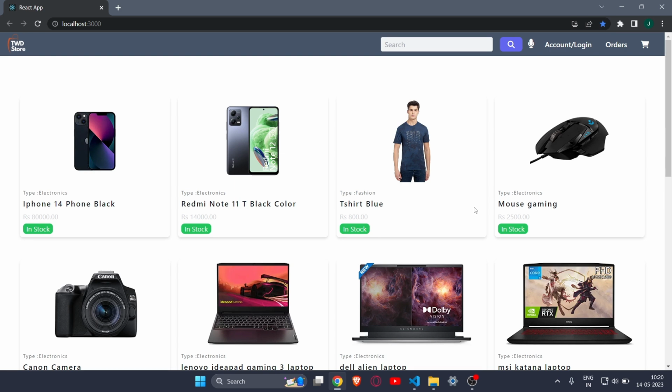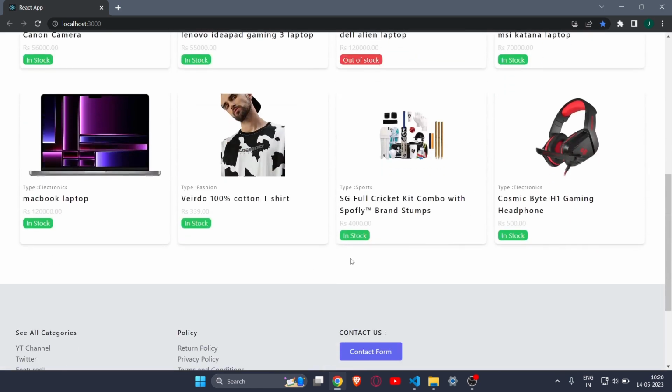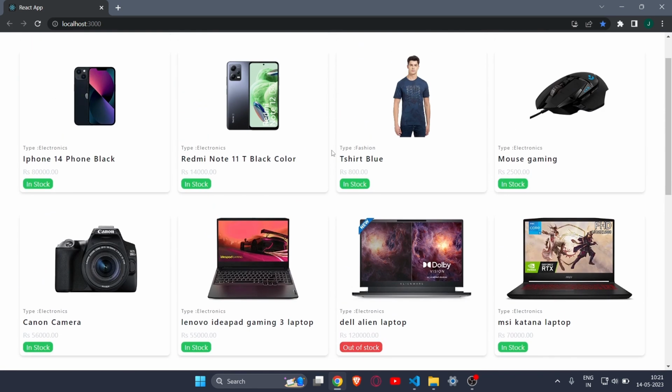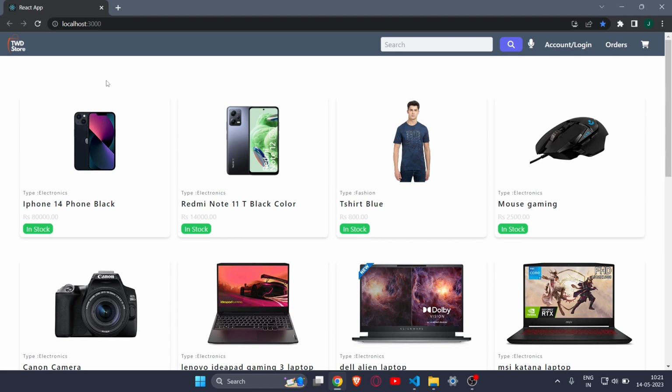So in this sixth video, we will see how to add the page button so that you can go back and forth in pages so that you can see all the other products, and also we will include a search by category button. In that way you can search by your favorite categories. If you want only electronics, you can search by electronics. If you want to see only the fashion products, you can do that. So let's